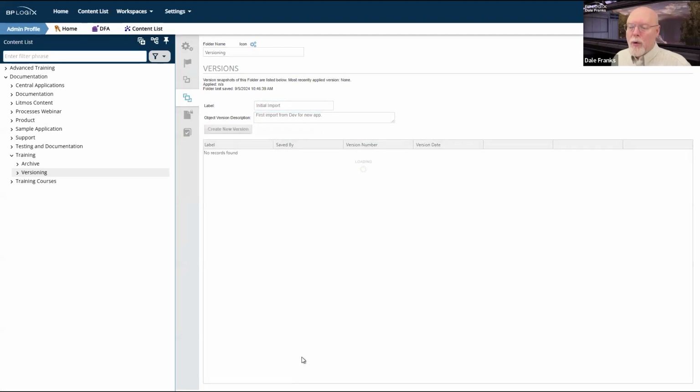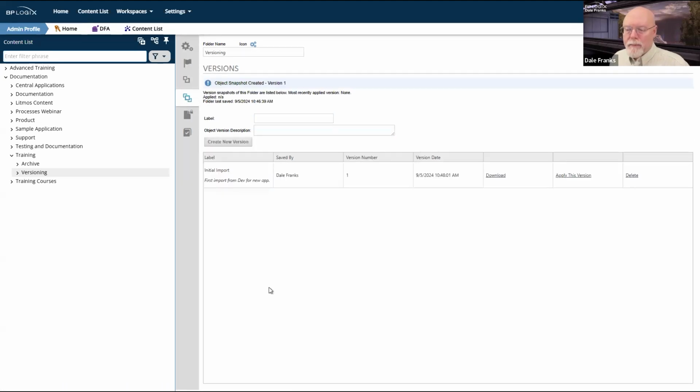And we'll create that version. So on each server, I'm going to have separately versioned iterations of this application. Versions do not import or export.